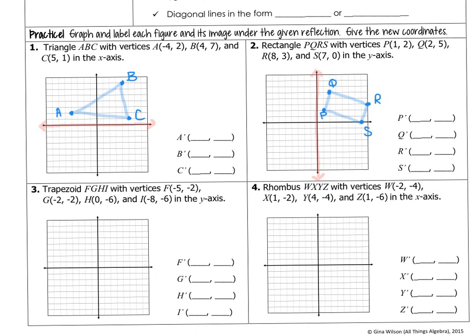Welcome back. So we are going to practice a few problems. What we have to do is graph and label each figure and its image under the given reflection. Then we're going to give the new coordinates. So we've got triangle ABC has the vertices A, B, and C like that, and then we want to reflect